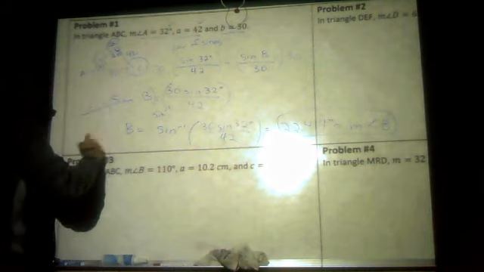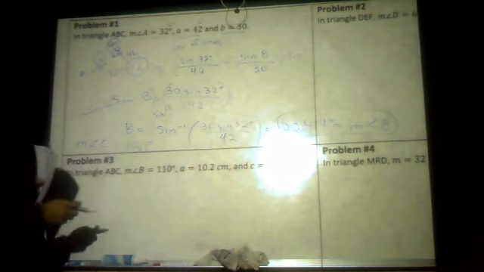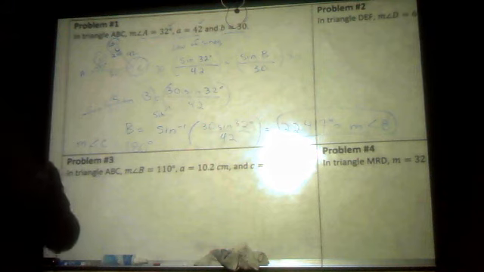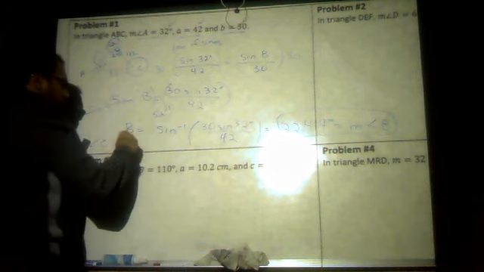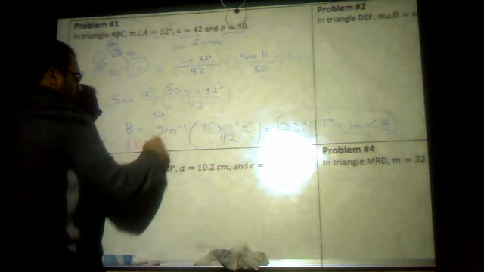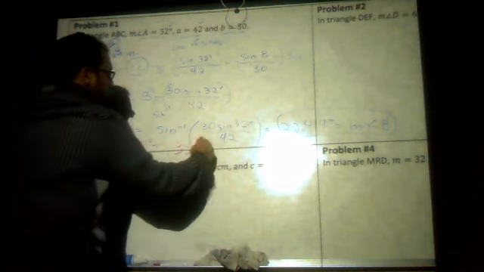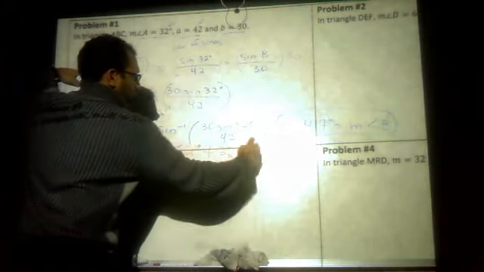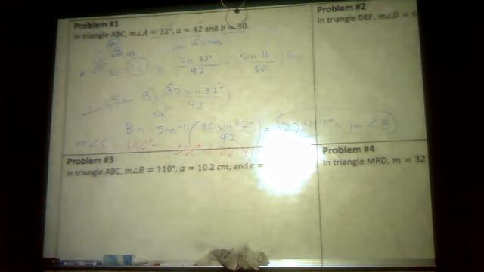Well, I know that the measure of angle C has to equal 180 degrees minus the sum of the other two angles, 32 degrees plus 22.417 degrees. Whenever you subtract those, because you know that the sum of the angles in a triangle has to equal 180 degrees, you're going to get, for that last value,